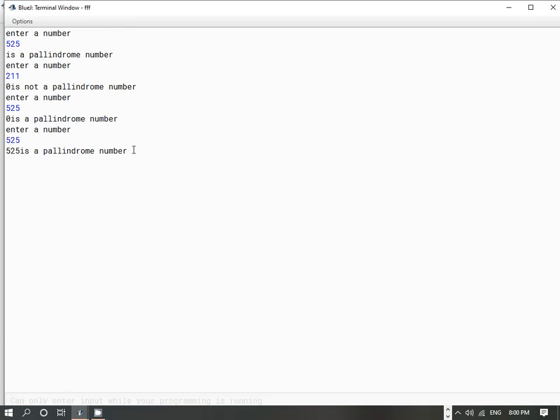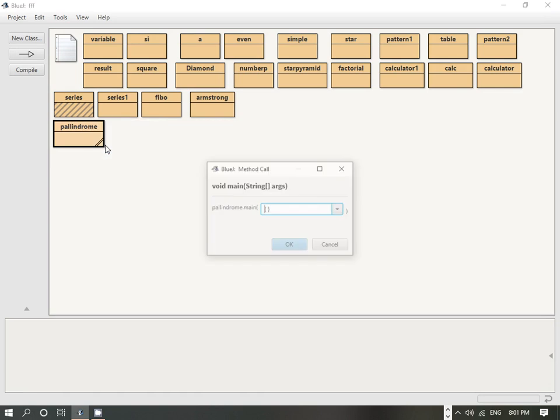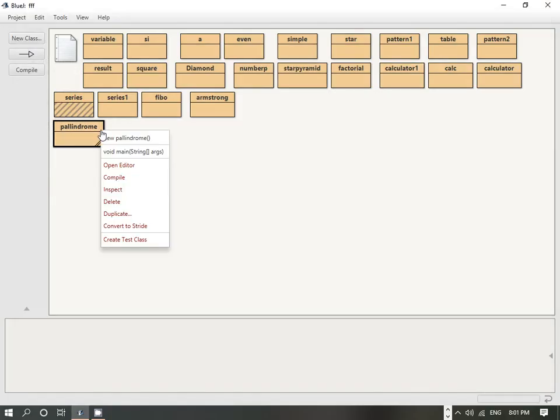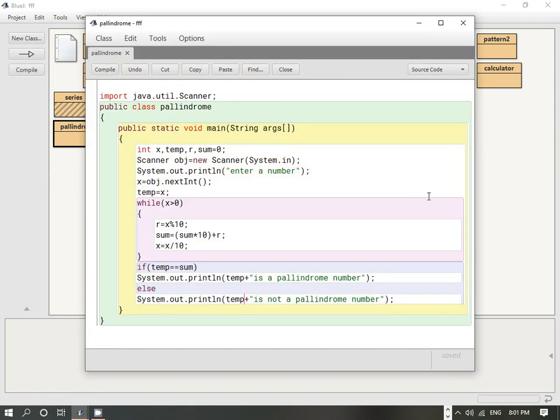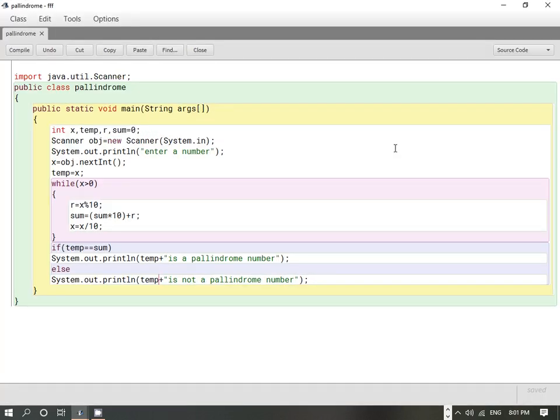Suppose I take another number which is not a palindrome, so we will execute this code again. Let's take 100. Here you can see that 100 is not a palindrome number. So this is the code to find out whether a number is a palindrome or not.